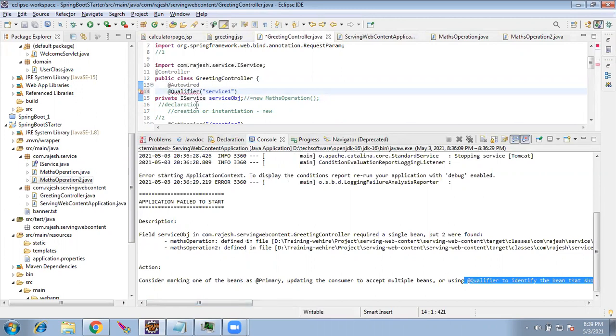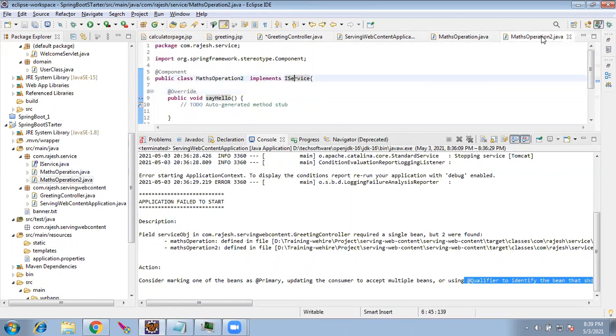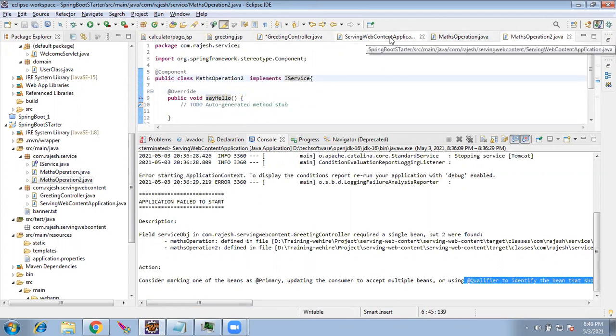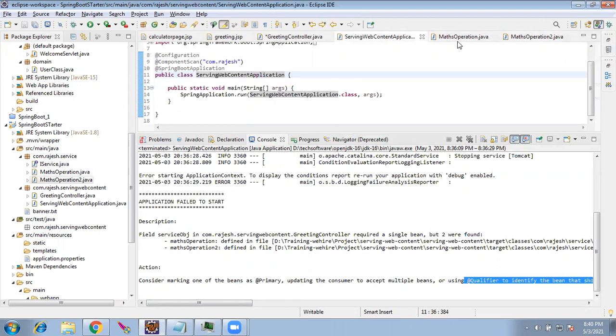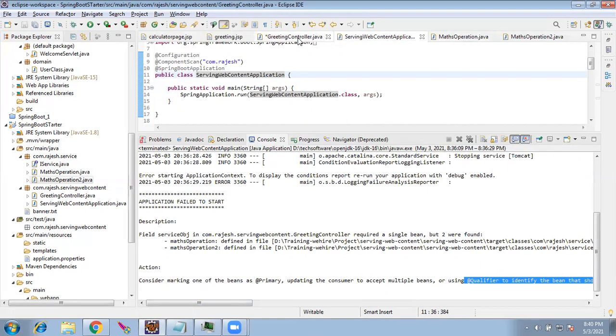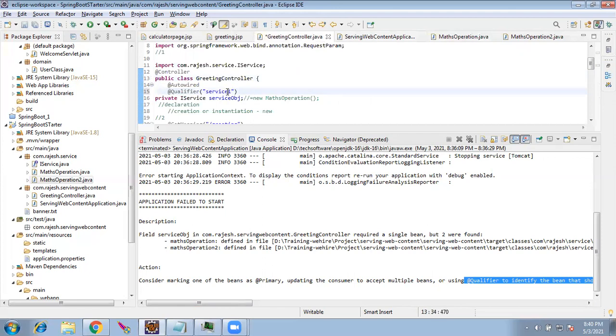When I go to the qualifier and give service1, in the controller I am telling it to use qualifier 1 in this bean and qualifier 2 for another bean.